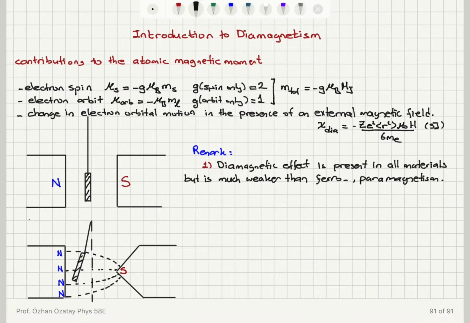So the effect is there, but it's just not detectable because it's much weaker than the other types of magnetic response. And if an atom